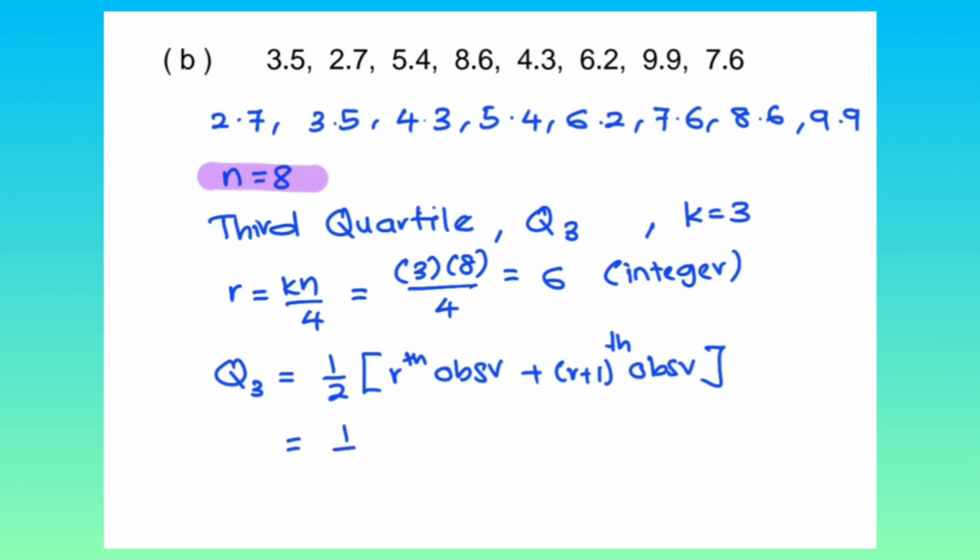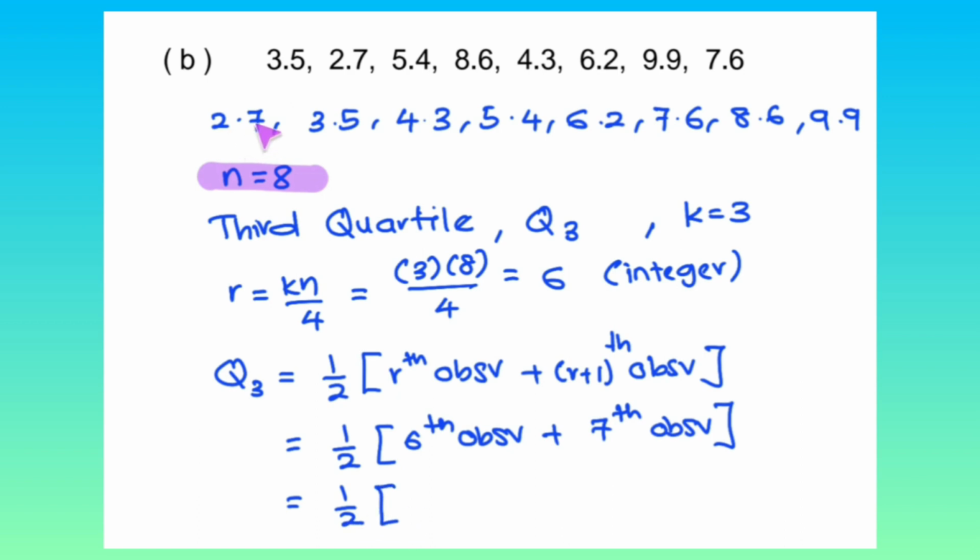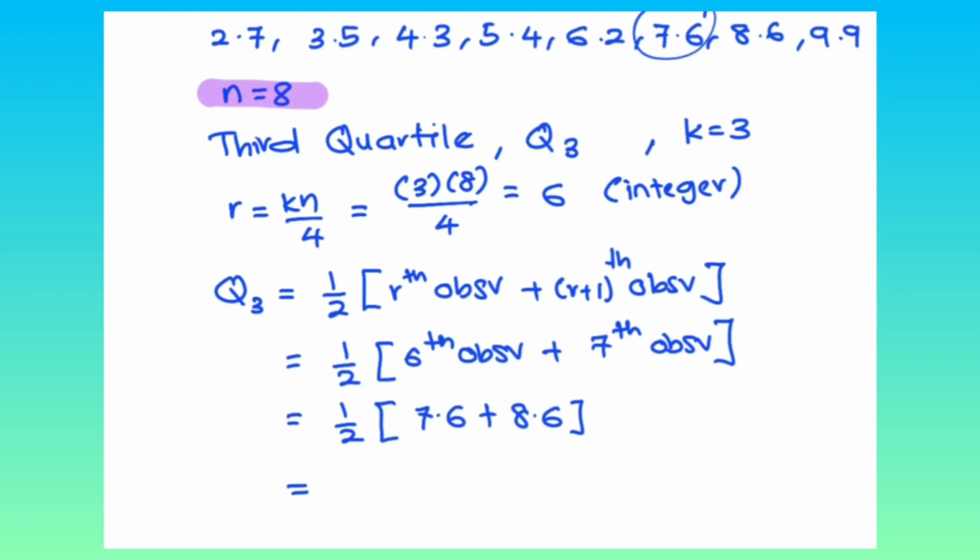So just identify which number represents the sixth observation and which number represents the seventh observation. Here we have 1 over 2 times the sixth observation, 1, 2, 3, 4, 5, 6, which is 7.6, plus the seventh observation, which is 8.6. So our answer will be